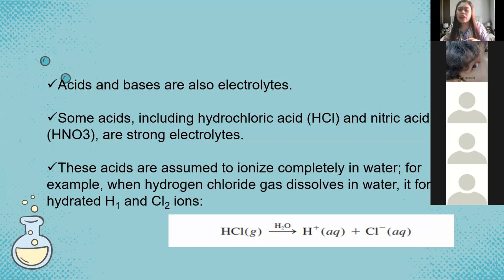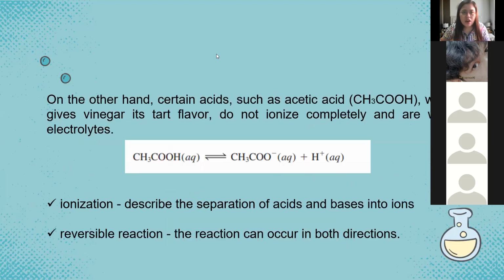So for example, hydrochloric acid, if we place that in water, you will get there a hydrogen ion and you will also get the chloride ion. So complete yung ionization in water. It's a strong acid or a strong electrolyte. So on the other hand, let's differentiate it with an acid that is considered a weak electrolyte or a weak acid. We have here on the screen